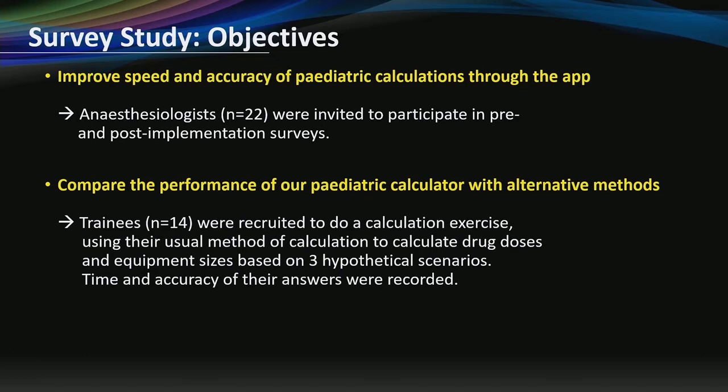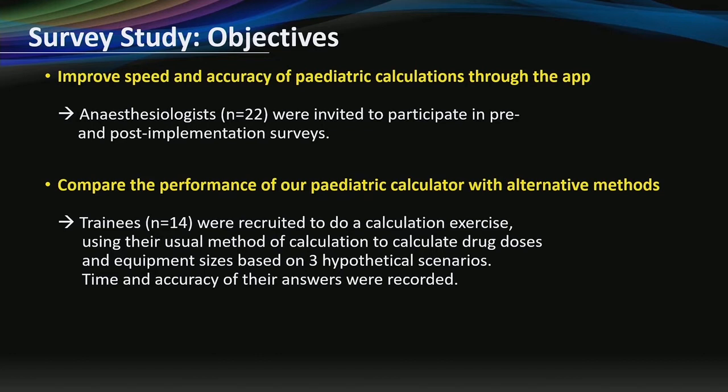And 14 trainees were recruited to do a calculation exercise using their usual method of calculation to calculate drug doses and equipment sizes based on 3 hypothetical scenarios. Time and accuracy of their answers were recorded. We do this because we want to know how long it takes for an average trainee to perform these calculations